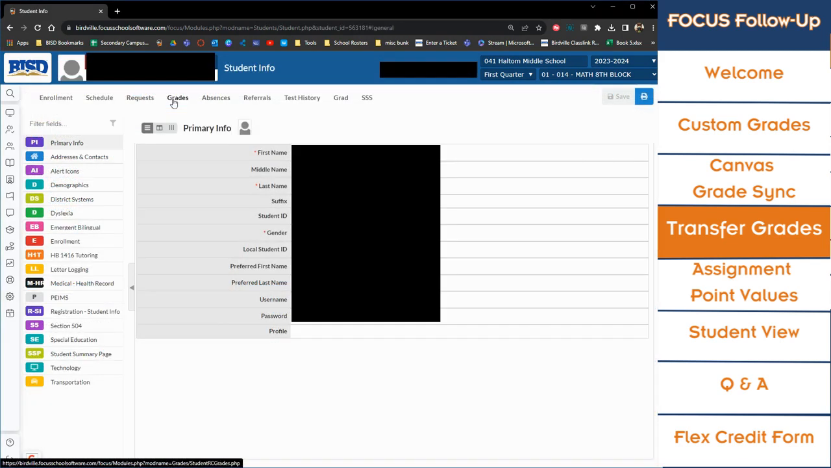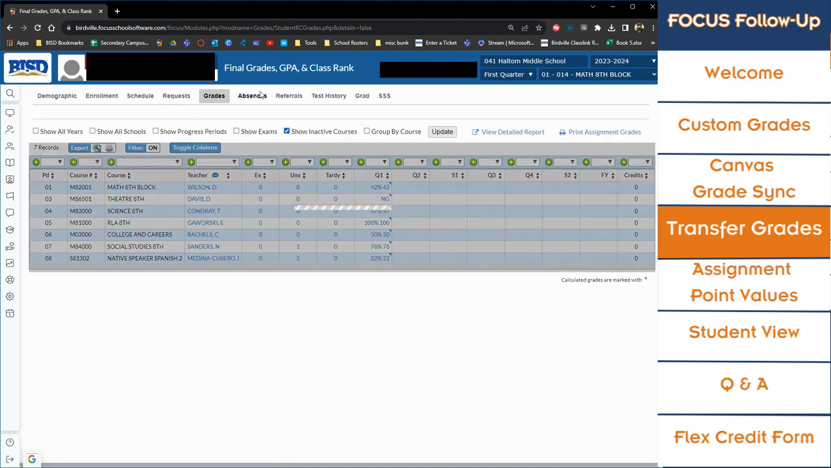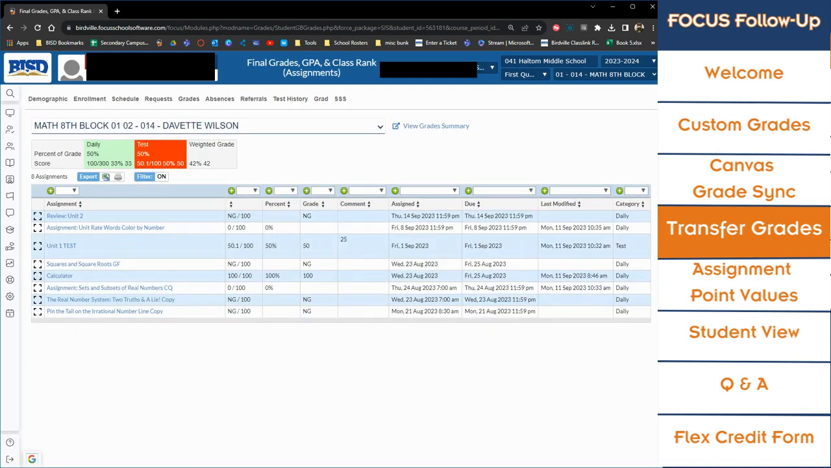When in a student's portal page, click on Grades to view the student's grades in their classes. You can click the Show Inactive Courses button and then Update. The page will reload and then display their grades in any previous teacher's courses. Clicking on the grade will show a list of assignments that were assigned along with the student's grades on those